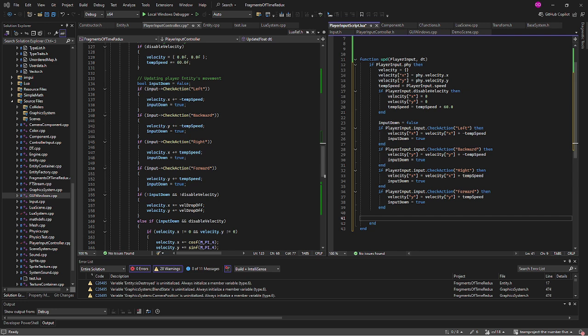Let me double check something because we need a not operator, and I'm not sure if that exists. Oh, you just type not, it seems like. Okay. So let's do if not input down and not disable velocity, then